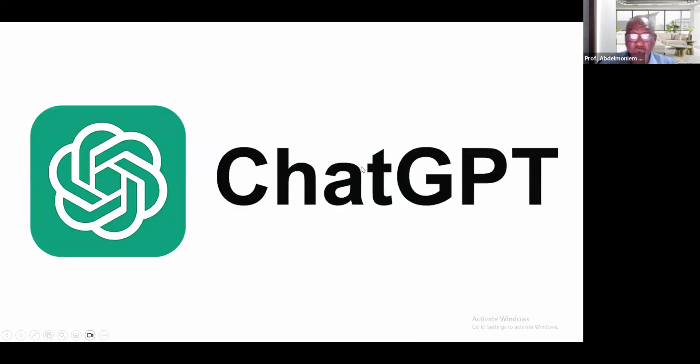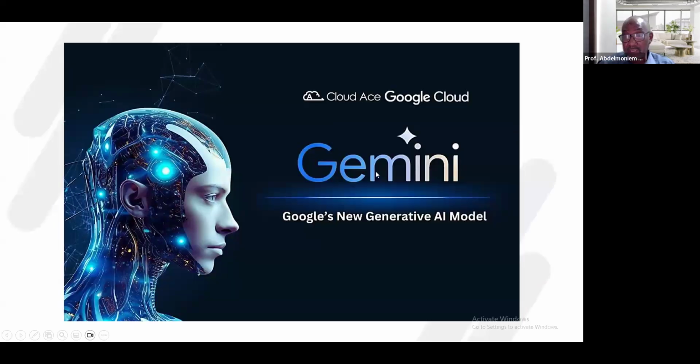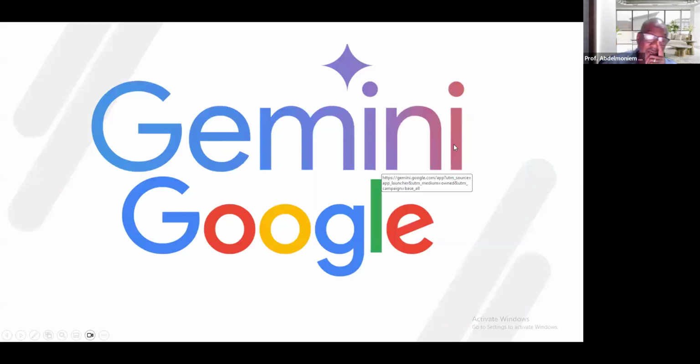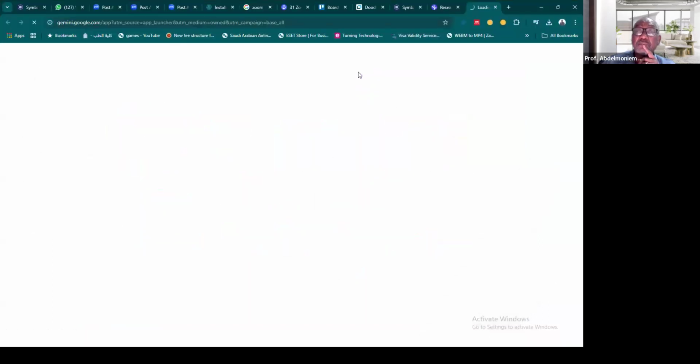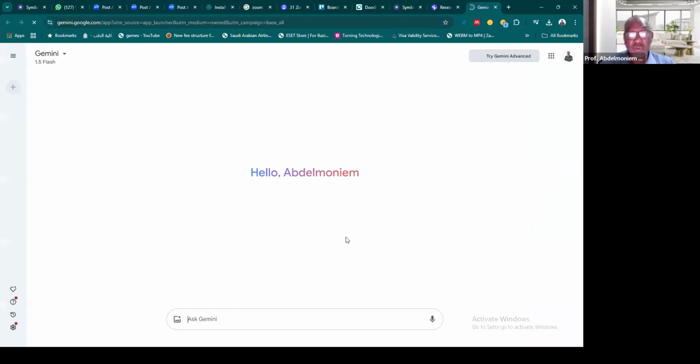The other one is ChatGPT, of course. I will come to it later on. But there is Gemini of Google, similar to ChatGPT, and you can use it through chatting to make decisions. Let me try Gemini by Google. As you can see, when you go into Gemini of Google, it says hello Abdul Munaim, and then you can ask a question to Gemini.